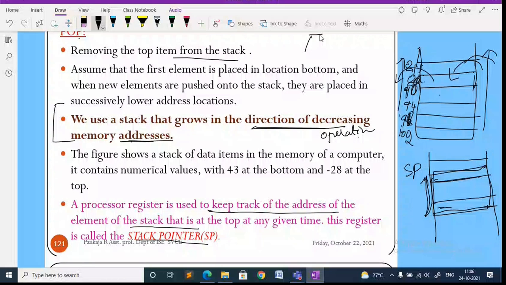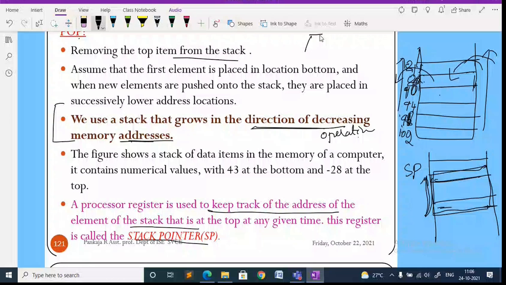Whenever an element is to be pushed onto the top, allocate the memory to the variable, that means adjust this pointer, then push the element. In case you want to pop the element, first you need to pop the element from the top of the stack and adjust the pointer. That you need to remember.